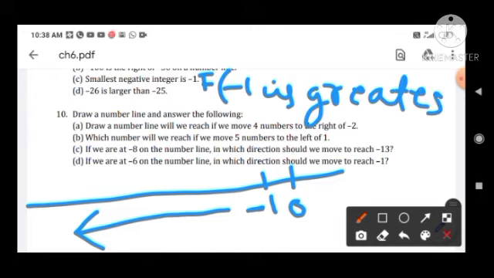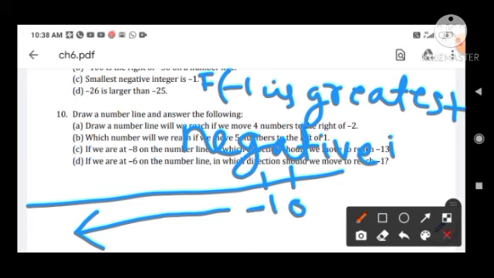Greatest. So you have to correct this. You have to write this: minus 1 is the greatest negative integer. Okay, so this is your answer for question number C. Please note it down in your notebook. This will be false, and minus 1 is the greatest negative integer. Okay, you have to remember this. Minus 1 is the greatest negative integer.